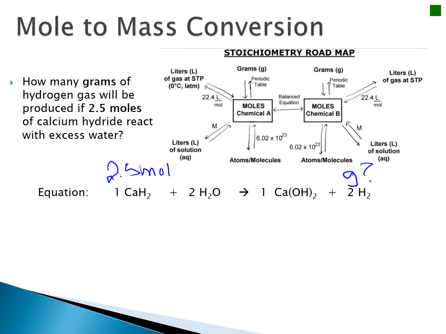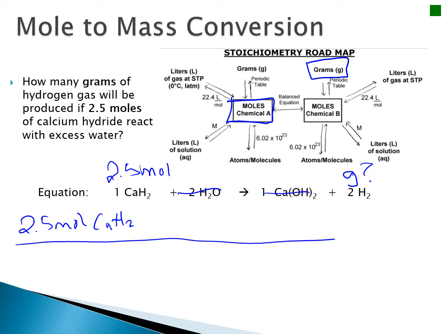In this case, I'm not going to need to worry about water, and I'm not going to need to worry about calcium hydroxide. So what I'm doing is going from moles of substance A to grams of substance B, because substance A is calcium hydride and substance B is something different, and that is hydrogen. The first thing you're going to do is start with the 2.5 moles of calcium hydride. Make sure you write down your